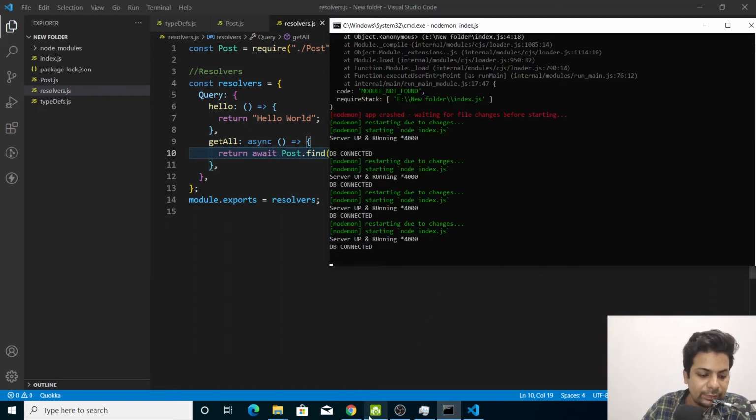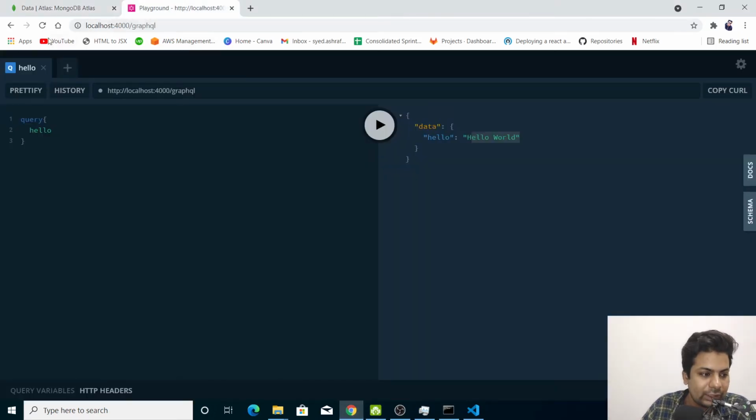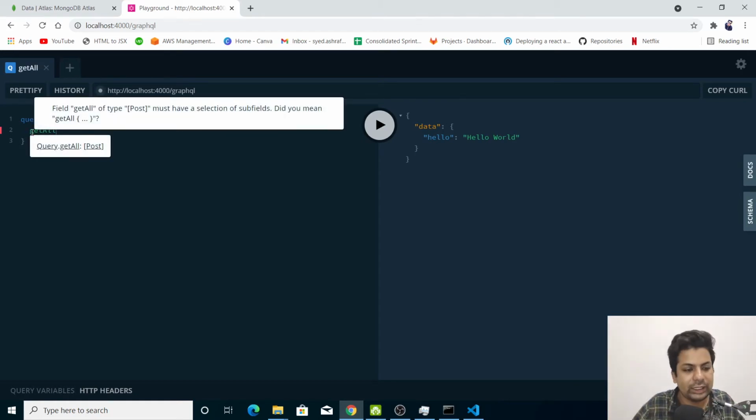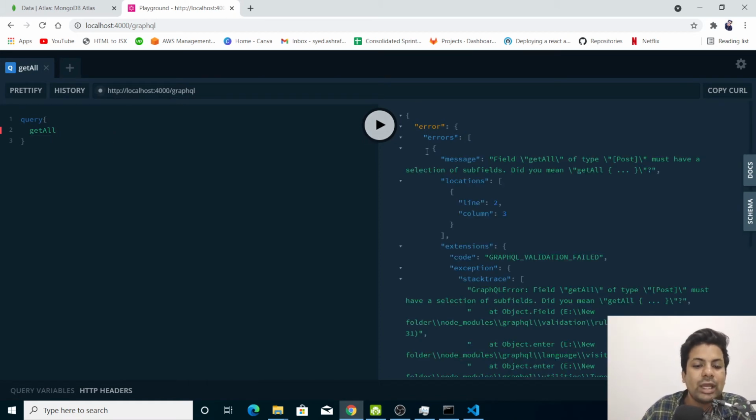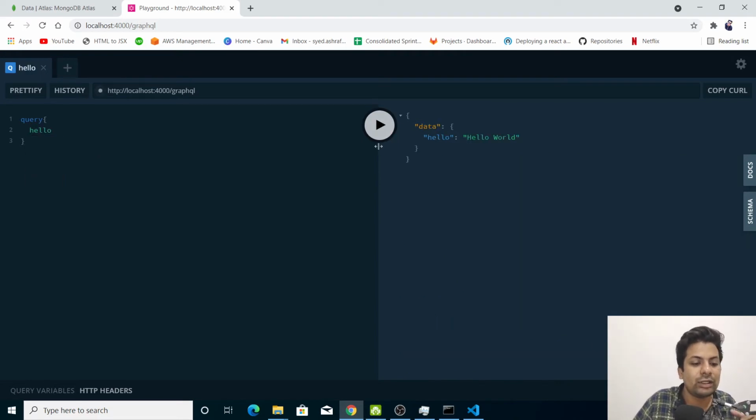I think there's no problem. If I come here, reload it, fetch hello world, and if I fetch getAll, the data, users, whatever you have, hit it, there's an error because I have to define what fields I want in return. In hello we haven't defined because it's just a string, so there is no format; a string will always be in double quotes.